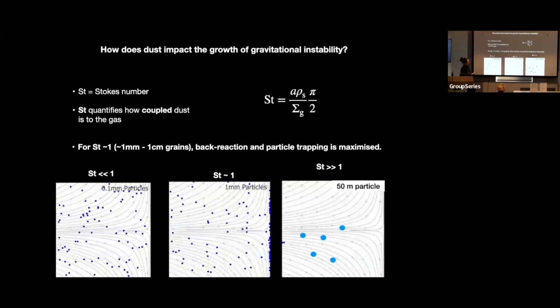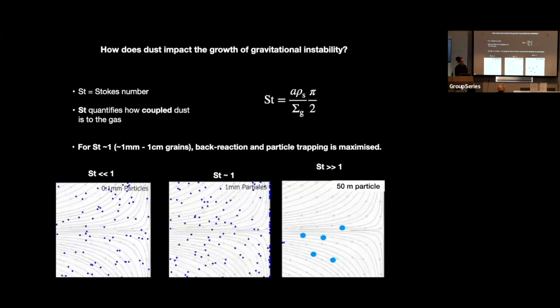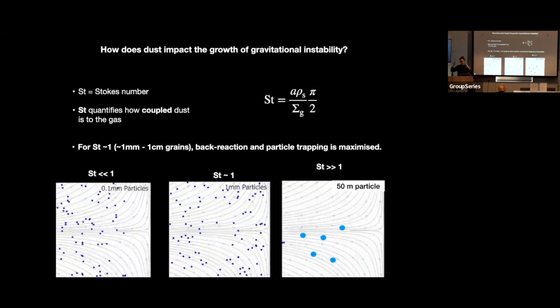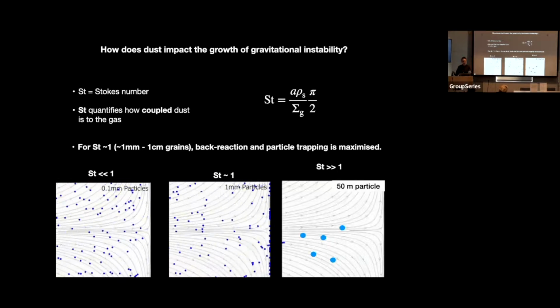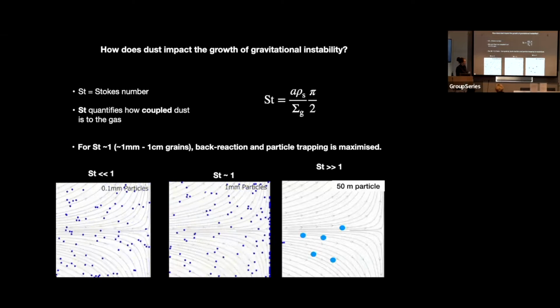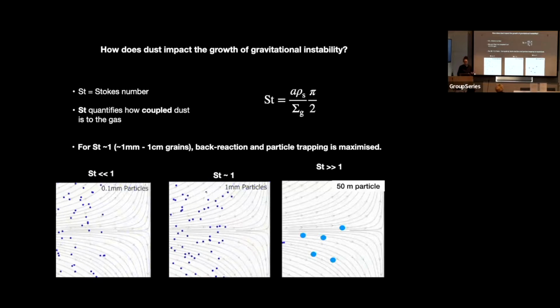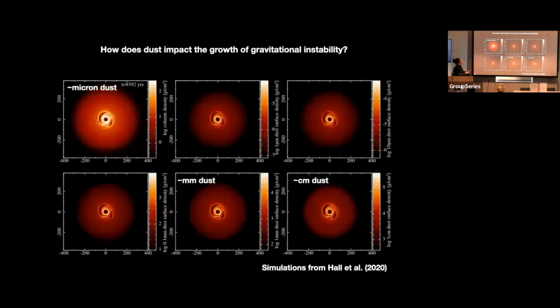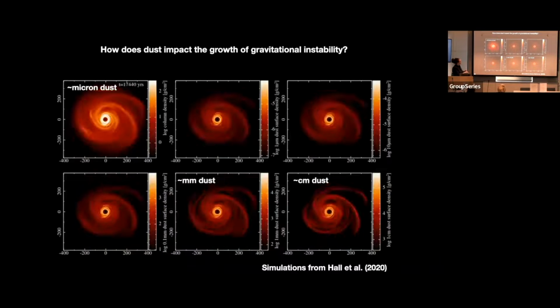Here in the middle is a really interesting case where the Stokes number equals 1, because you start to get all of these really interesting effects, like particle trapping and buildup, a little bit like a traffic jam when you get to a traffic light. So you start to get these particles building up and concentrating in certain areas. Okay, so what does that look like in global simulations? Well, it looks a little bit like this.